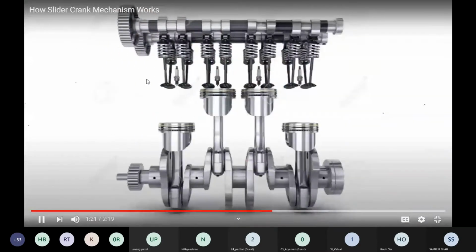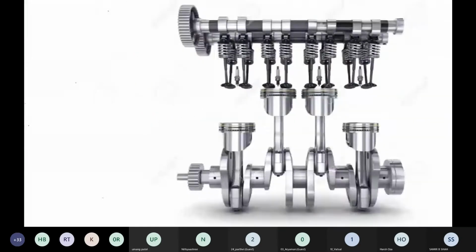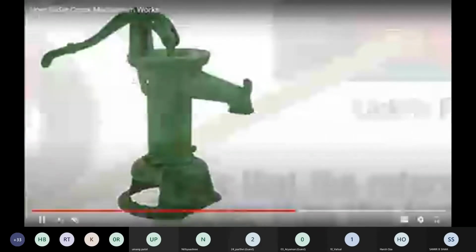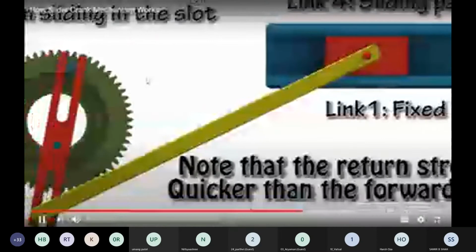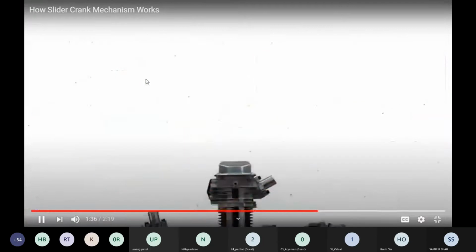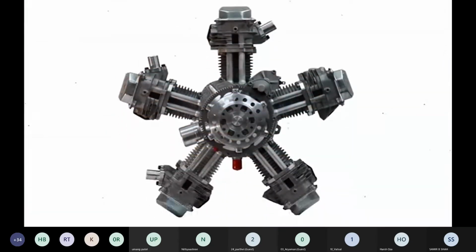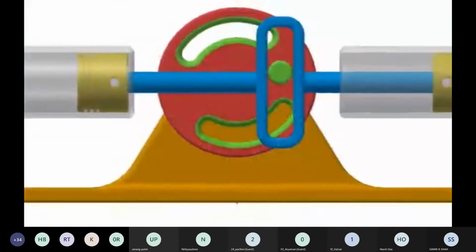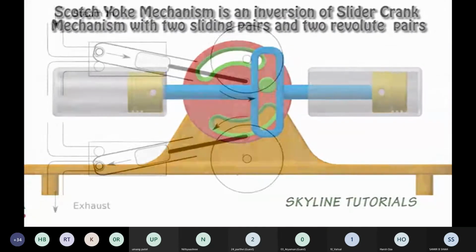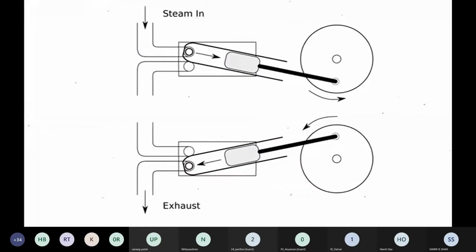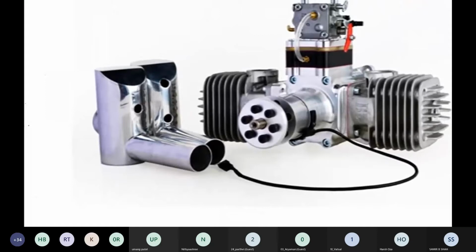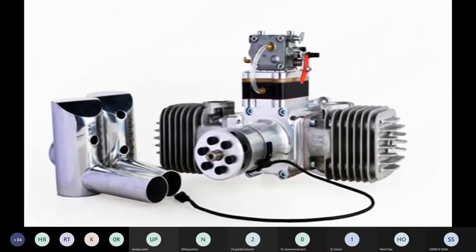Okay, so these are the actual mechanisms where piston cylinders are used, and these are the applications where piston cylinders are used. So you can see that this is the 6-cylinder engine, which means in most probably all the automobile parts, as I discussed earlier, the piston cylinder is the basic concept which is very important and very useful in every department.